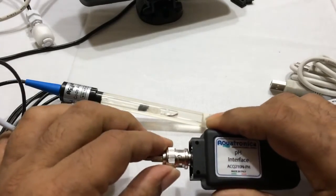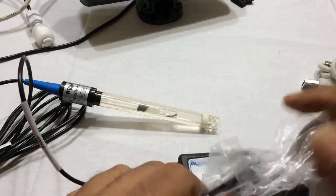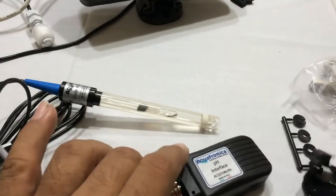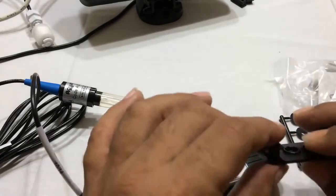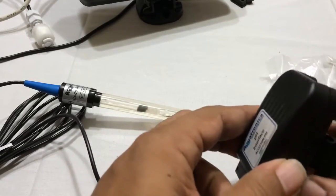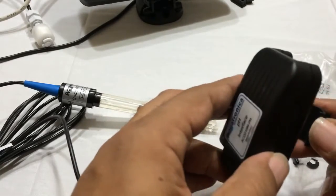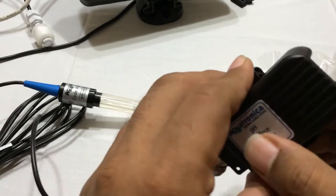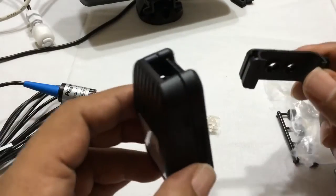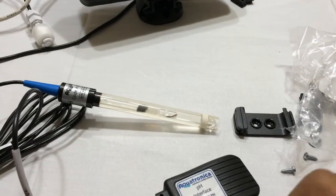It locks in like that. All right. Next, open the bag, put the parts here. This is a wall mount unit, so that you can clip the thing on. That would normally go like this. You would put in your 2 screws into your wood or whatever that you have for the backing, and then this clips on like this, and it holds it. So if you want to take it off, you can just take it off. This remains on. You get the screws, then you get some sizing